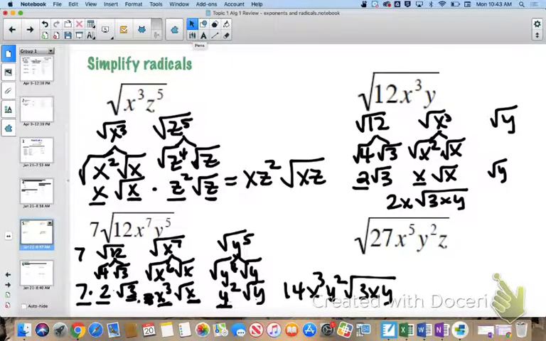Okay, so that's how you finish up that problem. So just remember, what's on the outside stays on the outside, what's on the inside stays on the inside, once you've simplified everything. All right, so now I need to go back and erase this because I need more room for the last